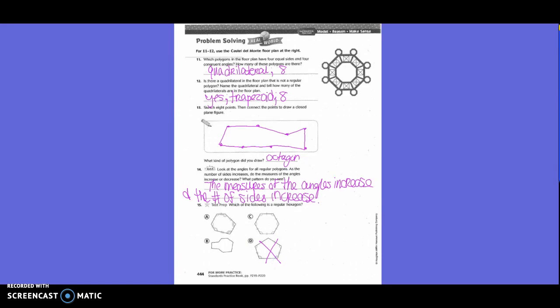How many sides does letter A have? 6. So that one could be a possibility, but is it a regular one? No, it's not regular because all the sides aren't equal. And then what about letter B? How many is there? There's at least 9, right? So that can't be it. So letter